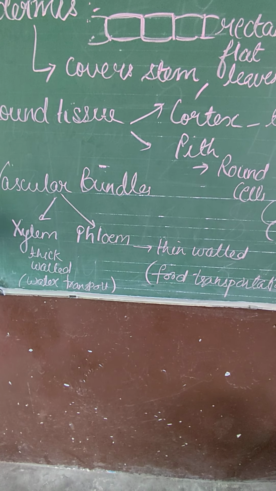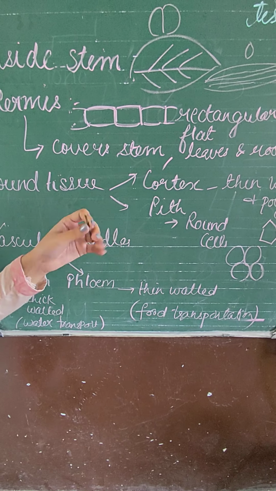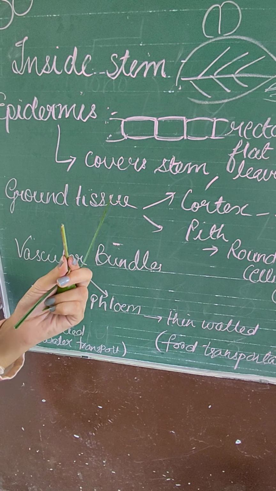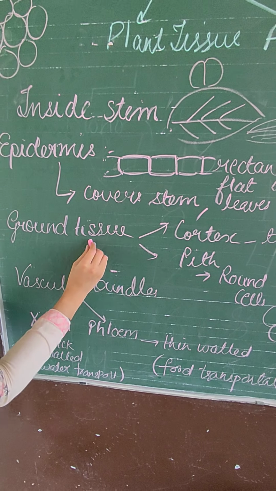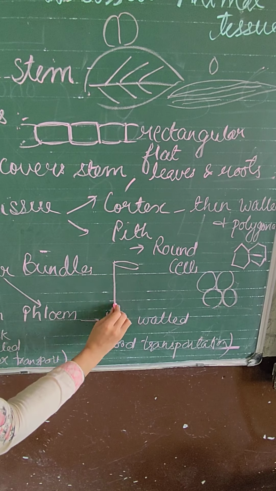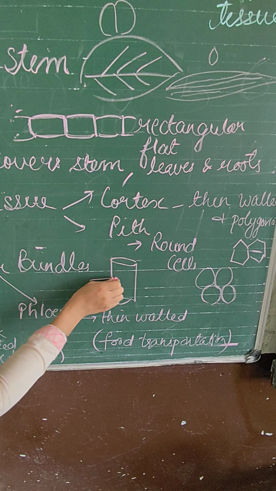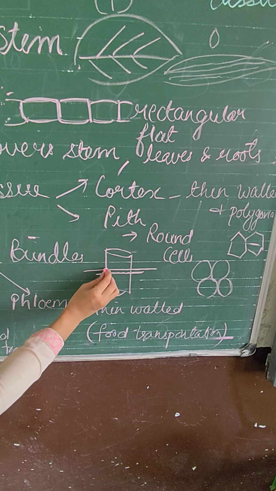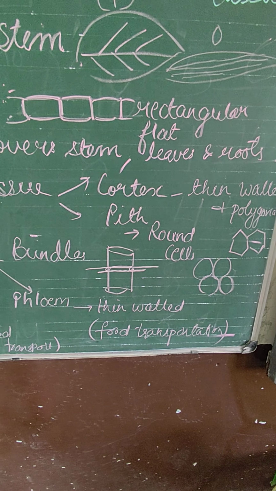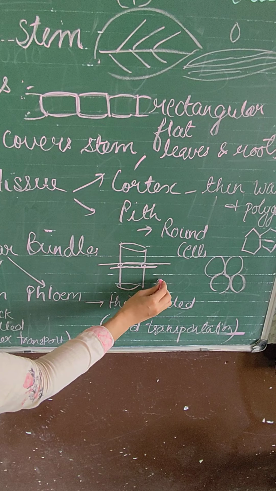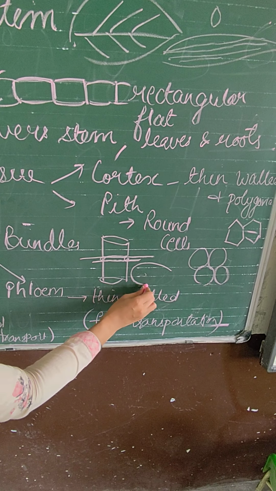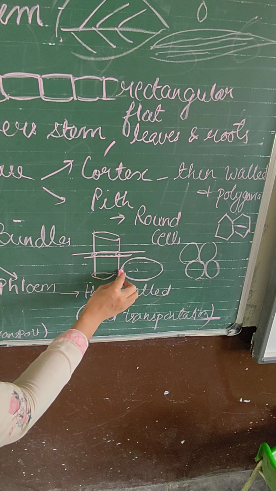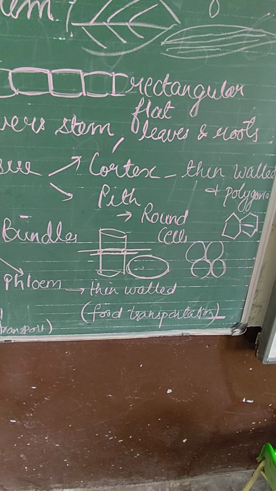So now if you see here, I have described to you the inside structure of a stem. For example, this is a piece of stem. If we cut it horizontally, we will get a structure like this. For example, this is a stem. So if we cut it horizontally, what will you get? You will get a transverse section of this. A minute or very thin section we will cut out, and what we will see inside, it will appear like this. Okay. So now I am going to tell you the inside structure of this, the colorful structure of this.